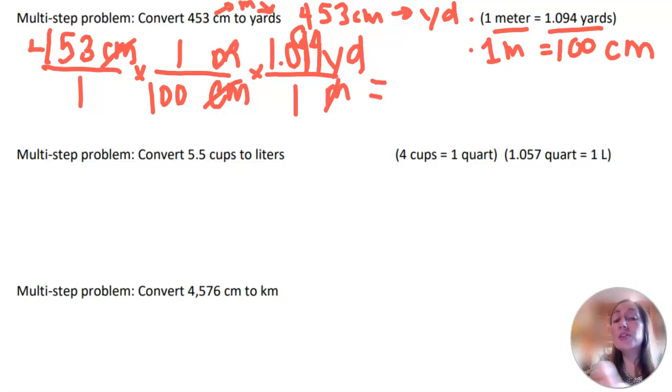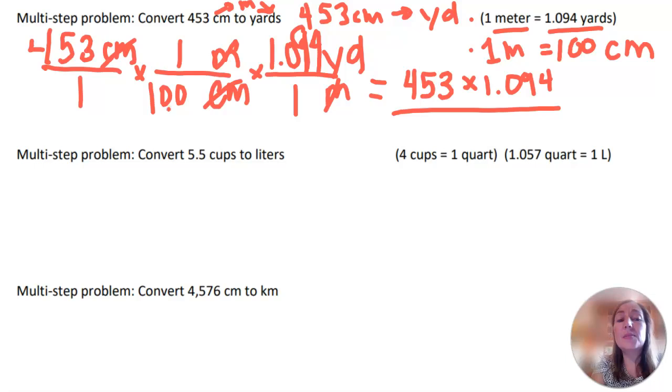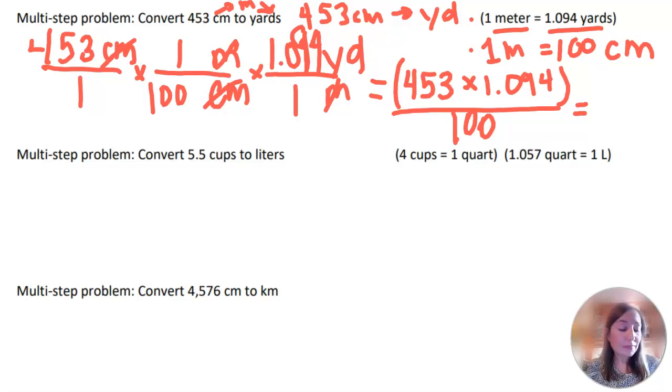Okay, so we are just multiplying fractions here. We multiply everything in the numerator. 453 times 1 times 1.094. So our numerator is going to be 453 times 1, I'm not going to put down, but times 1.094 I can put down. And then we're going to divide by 1 times 100 times 1. Well, that's just 100. Again, if you're not sure about parentheses, parentheses on the top aren't going to hurt. They're not really necessary here, but they're not going to hurt. So take a second to grab your calculator because that's what I'm doing. I don't think I need to show you the online one for this. So I got